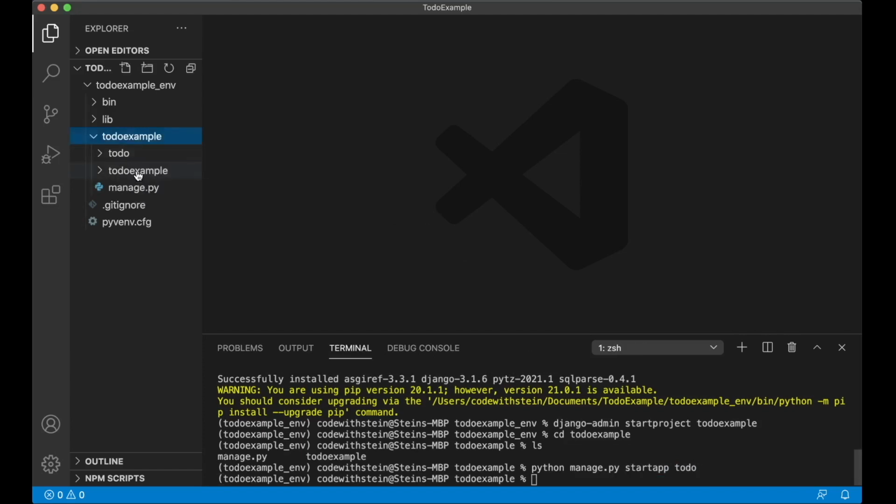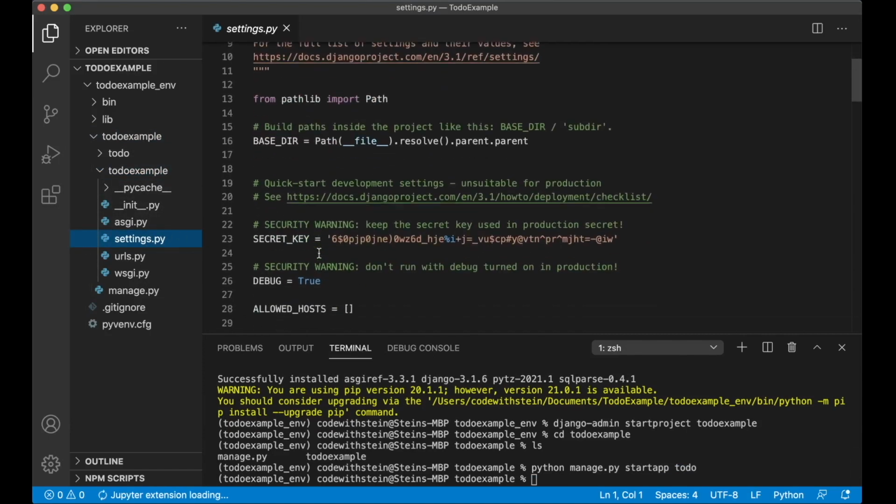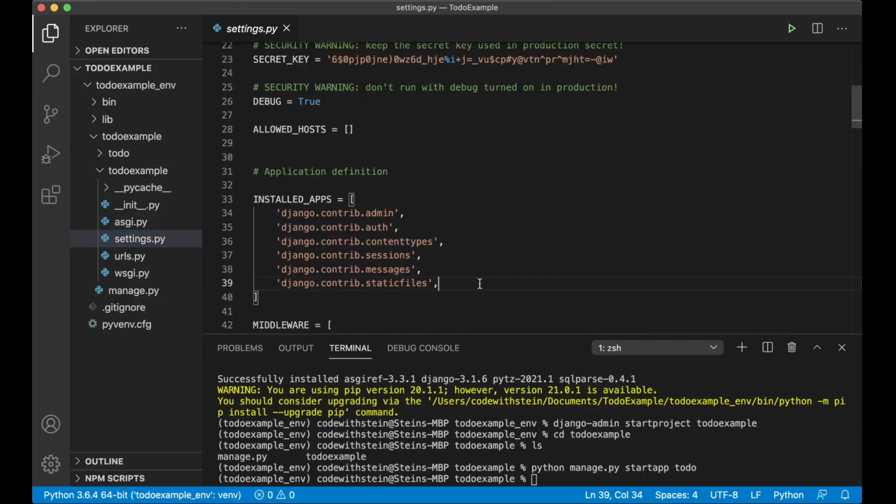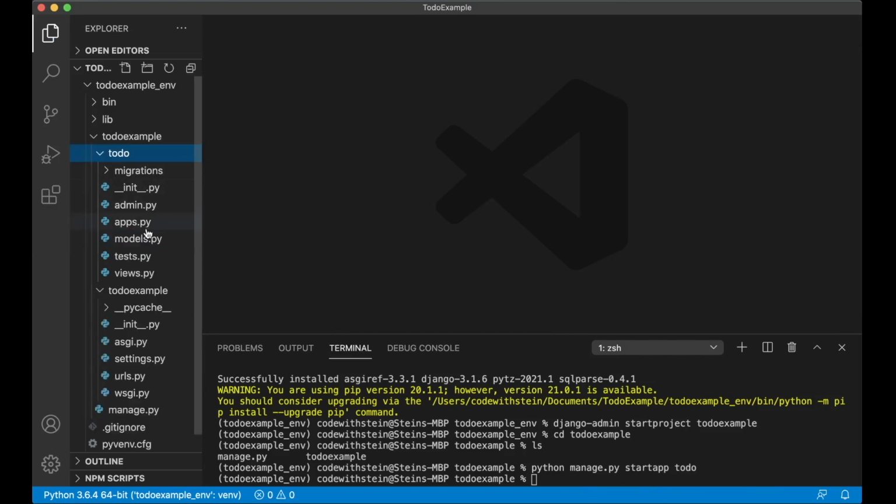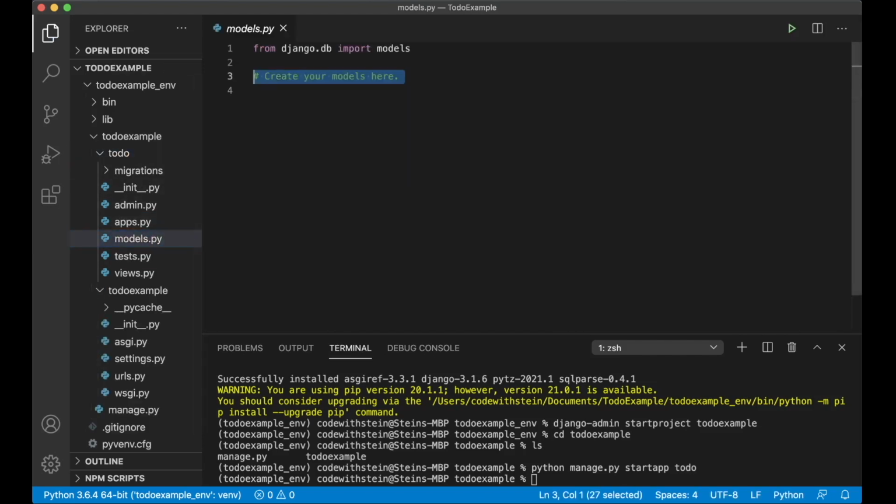Before I continue, I just want to register it with the Django installed apps. So inside the list of installed apps, I just append todo. So now Django knows that this exists. And then we can continue by creating a model for the tasks or the to-dos. class Todo